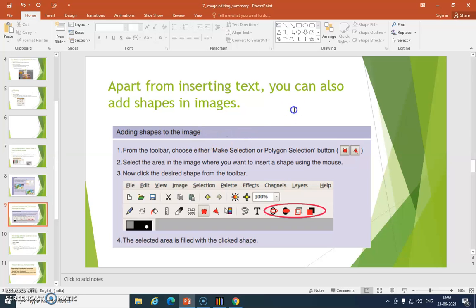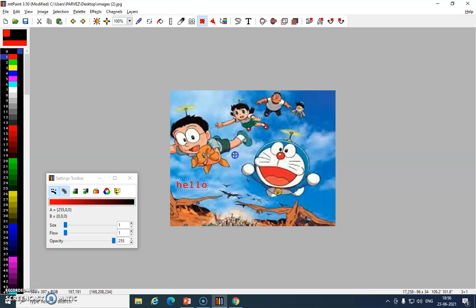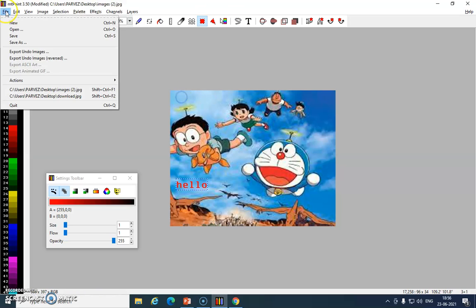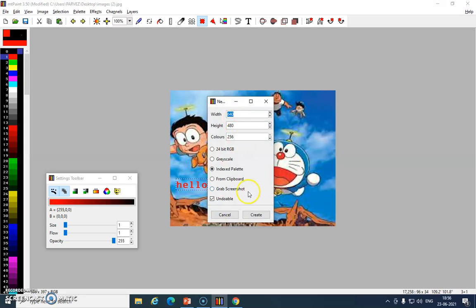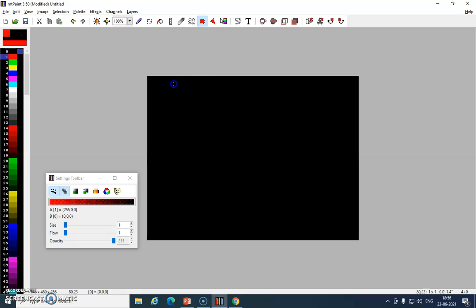Next, apart from inserting text, you can also add shapes to your image. Okay, for that you have to use Select option. Apart from working on image, I will create one new file. Here I will select this part. Then out of these four, I can select any shape.